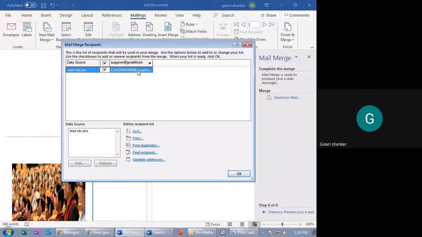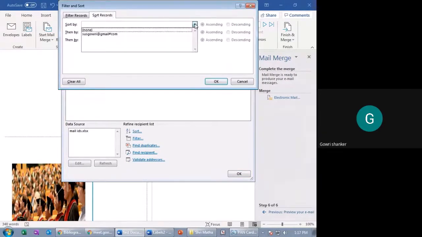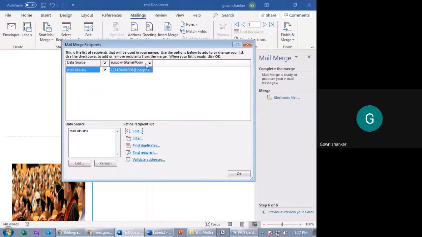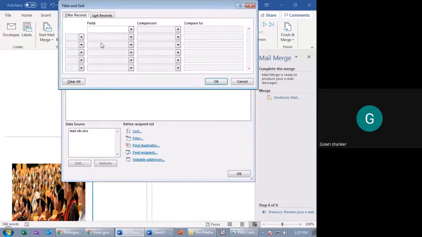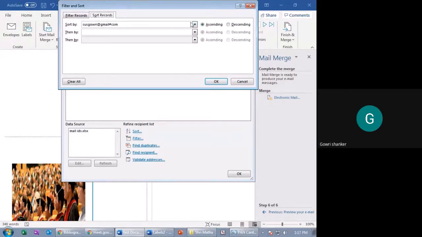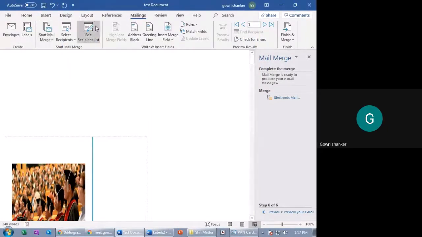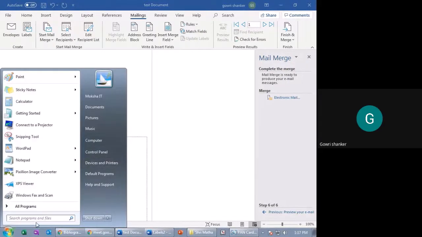Gauri and you. And this is sorting, date wise or filter wise or however you want. You can do ascending order or descending order. You can filter it with the names, right? This is filter. Individually you can filter. But these particular fields will help you whenever you have Outlook installed in your system.